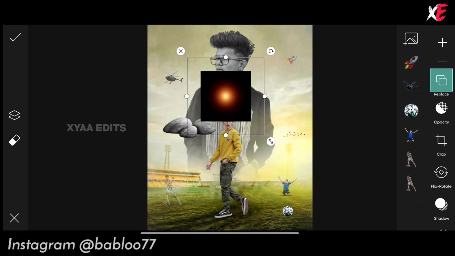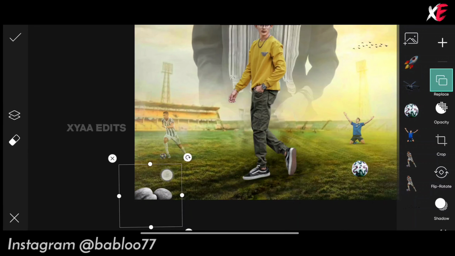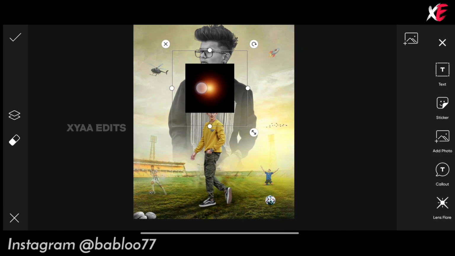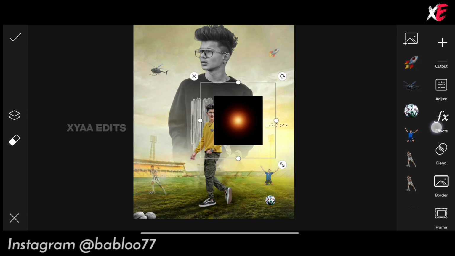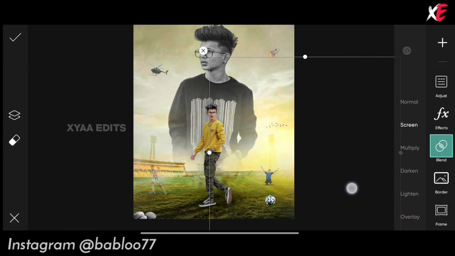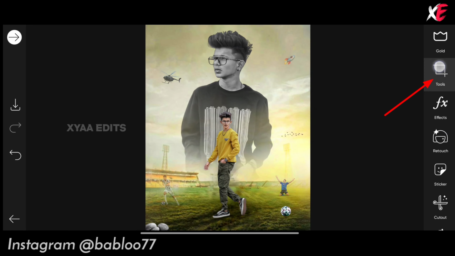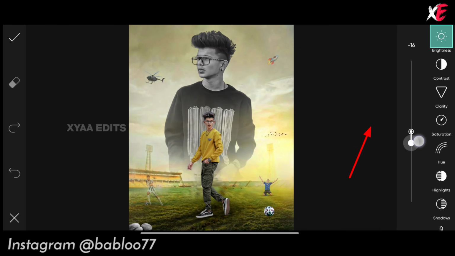Final PNGs, arrange these stones here. Perfect. And this light PNG, go to blend, make it screen and arrange in this portion here. Tap on tick. Now go to tools, tap on adjust, decrease brightness little bit, give little contrast, clarity little bit,